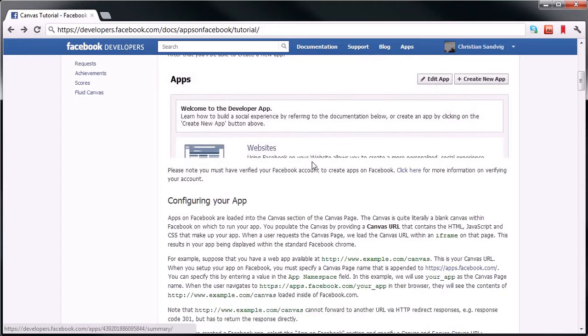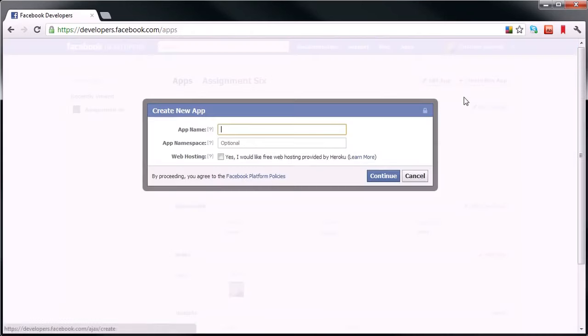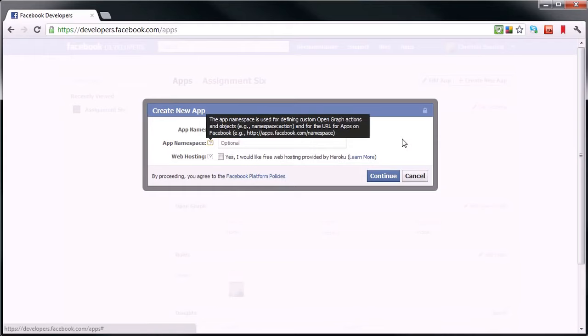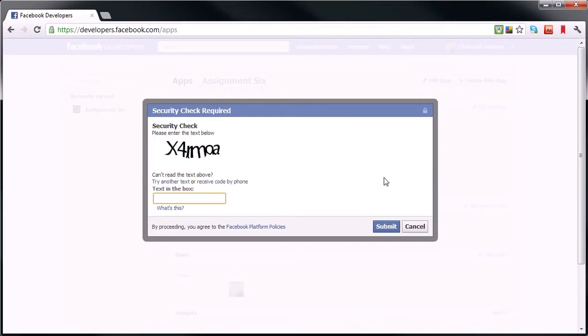The next thing that you want to do after that is simply press the Create a New App button in the Developer app. So let's go back to the Developer app and hit Create New App. You'll have to name it. I'm going to call mine whatever test app. I don't need to worry really about anything else here, and then I'll hit Continue. To prove that I'm actually a human,